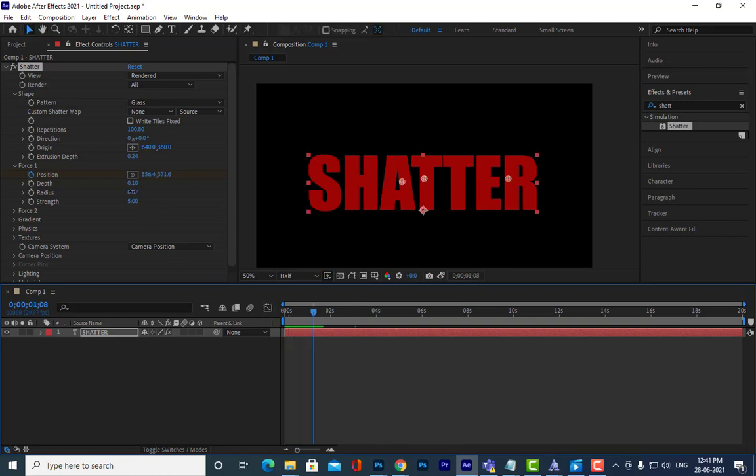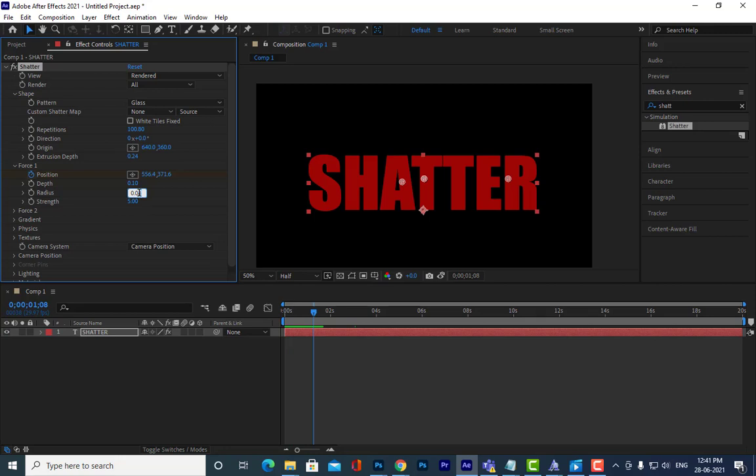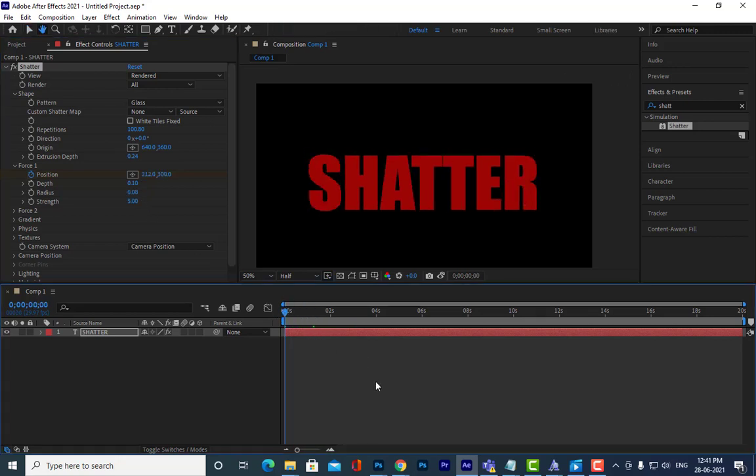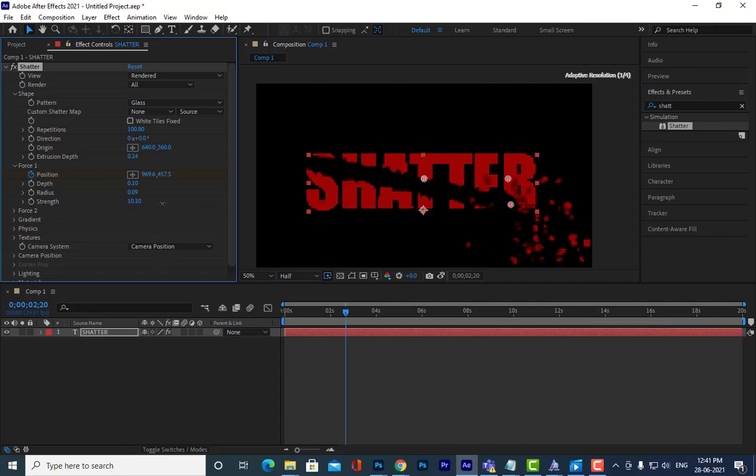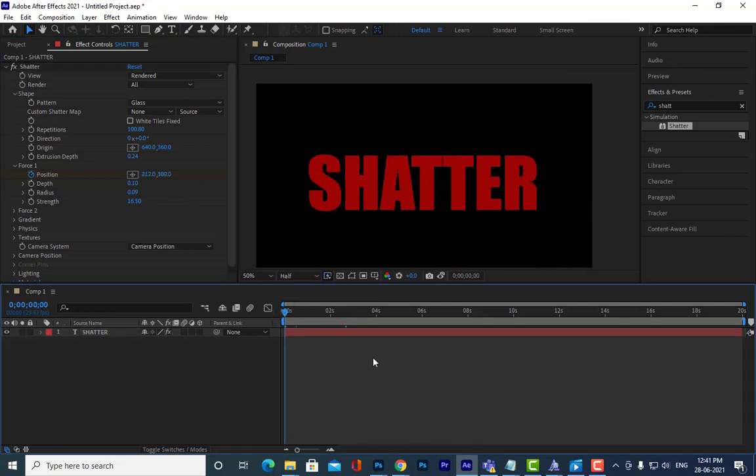So even this one is not enough, okay? So I think we have to keep it at a minimum of 9. Here the strength value is also there. So you can increase the strength also, see. If I increase the strength, you can see the change. See what happens. See, it's very fast. If the strength is high, it's breaking very fast.